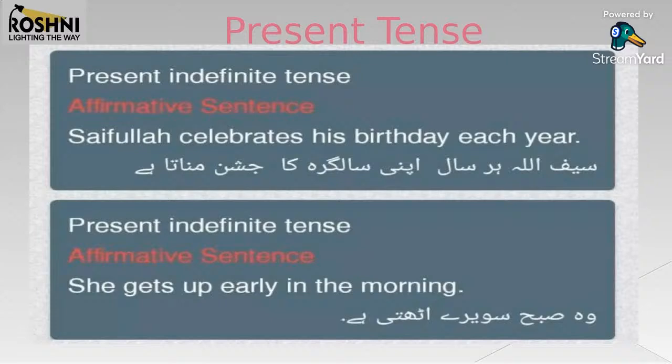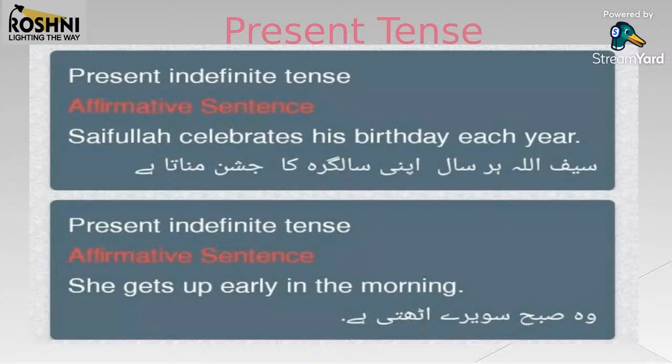सैफुल्लाह हर साल अपनी सालगिरह का जश्न मनाता है. Look at the ending part. जब आप एंड देखोगे तब आप आइडेंटिफाई कर सकोगे that what tense is it. In the present tense, always remember that the word है और हैं with the noon will be used. ठीक है, मनाता है, उठती है, खाती है, पीती है, जाते हैं, आते हैं. ये जो नून वाले साउंड का होता है, ये नून, this is used for the plural one, और ये वाला है used for singular.